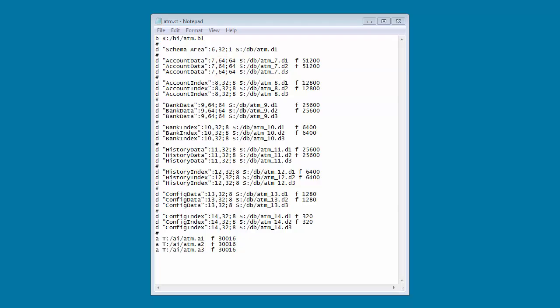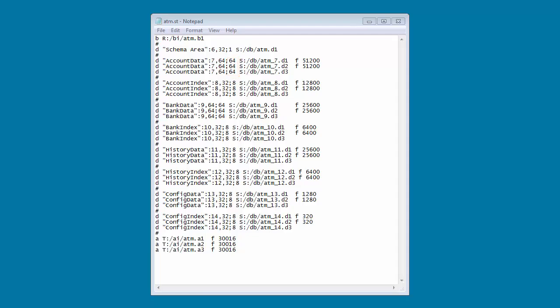The fifth best practice of database design is to use Type 2 storage areas. Type 2 storage areas provide a number of features, such as clustering, that reduce block fragmentation and scattering and allocate space more efficiently. For best performance, you should always use Type 2 storage areas for application data. In our example, the account data area uses Type 2 storage area with 64 blocks per cluster.